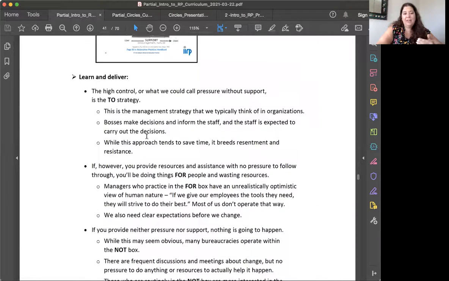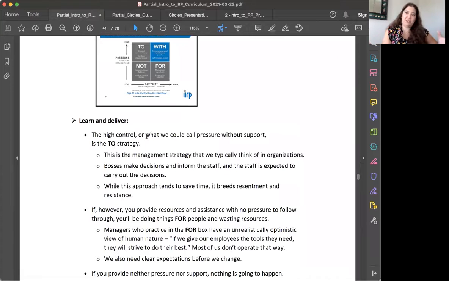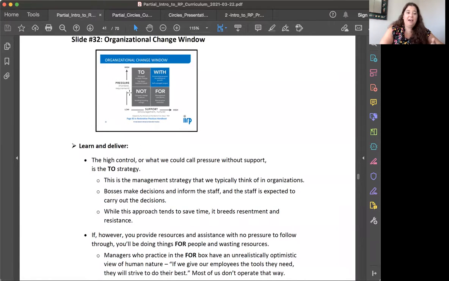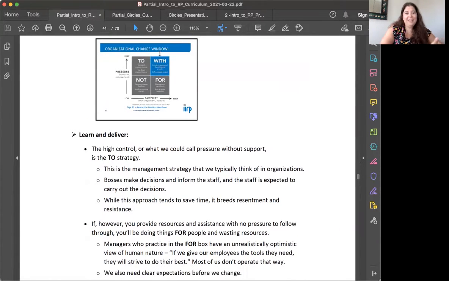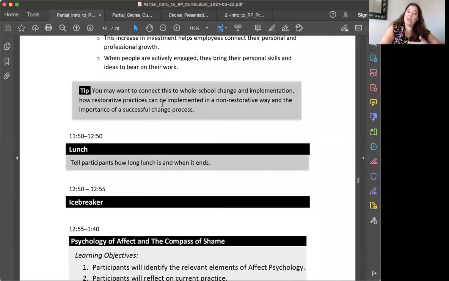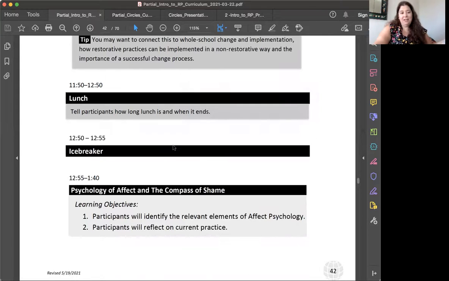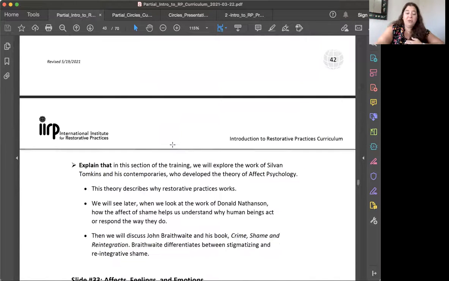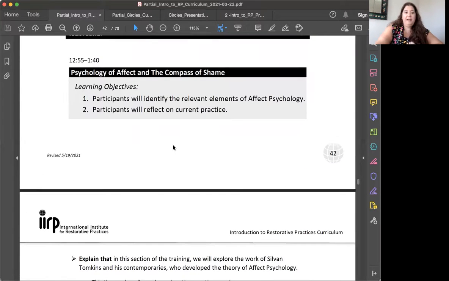And then the last part here before we would break for lunch is the organizational change window. So this, again, is a social discipline window, but how do we use influence and authority to bring about a change? So again, there's these 4 different ways, and we believe the WIC box certainly is the way to do that. And you also may want to connect this to whole school change, right? And bringing about this practice. So then we move on to lunch, come back, icebreaker, and then move into psychology of affect and the compass